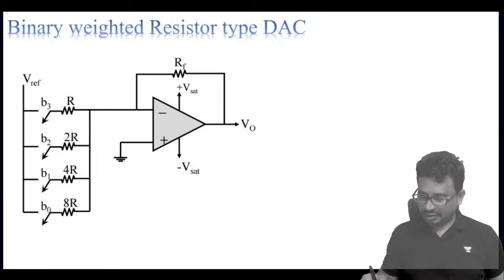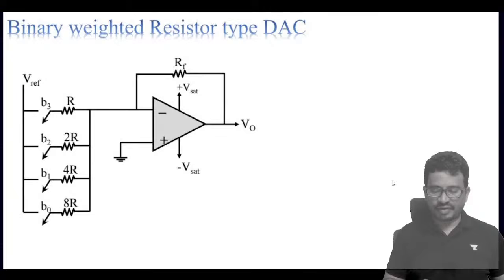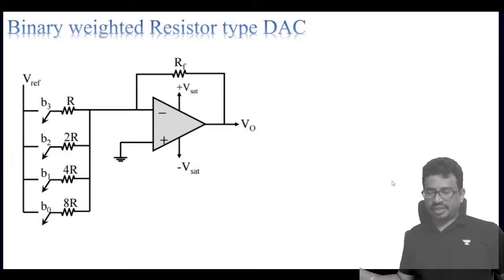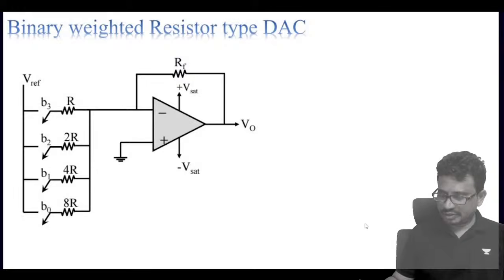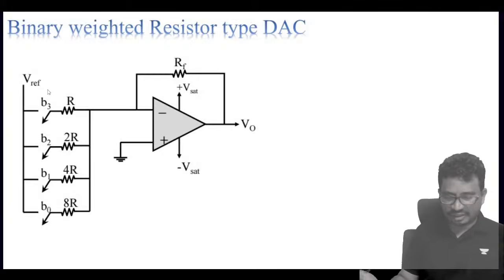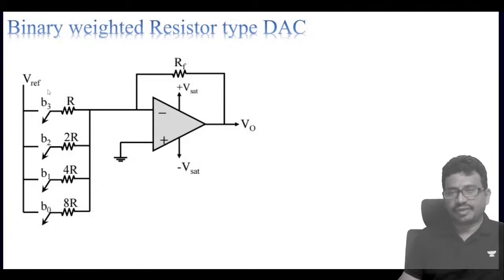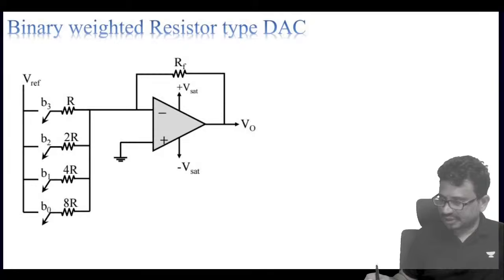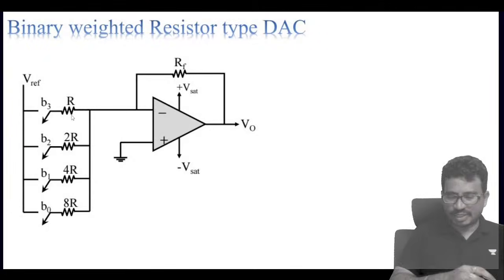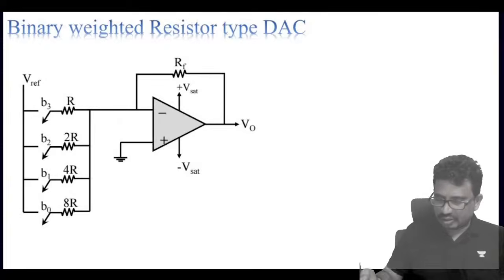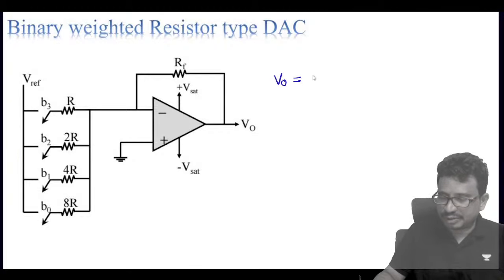Next, in this case, let us talk about the binary weighted type DAC. Binary weighted type DAC. So you can see now in this case, here we have a V reference, which is the maximum value connected. And if I connect this, in this binary weighted type DAC, the output voltage V0 is equal to